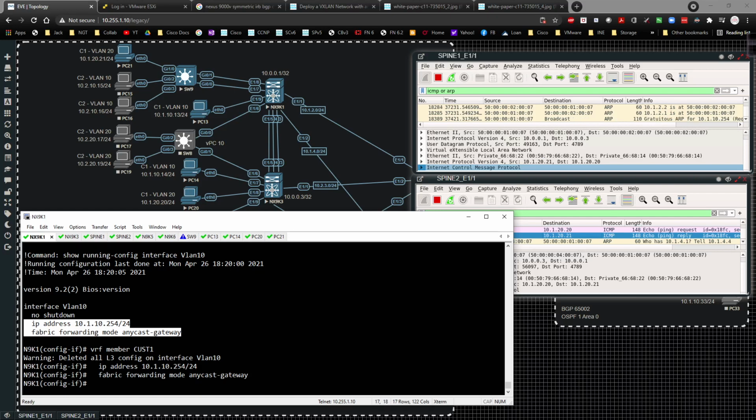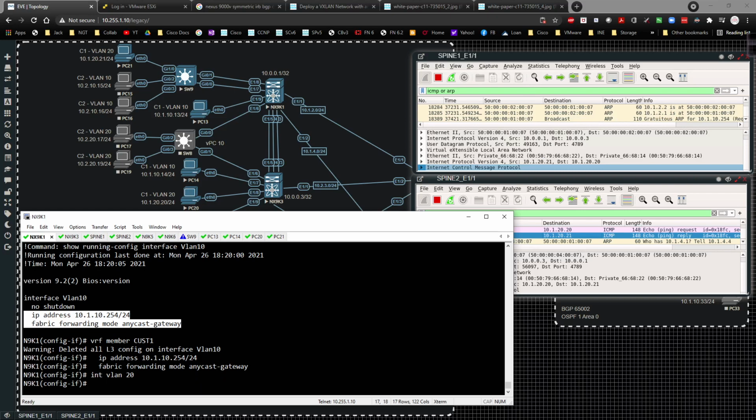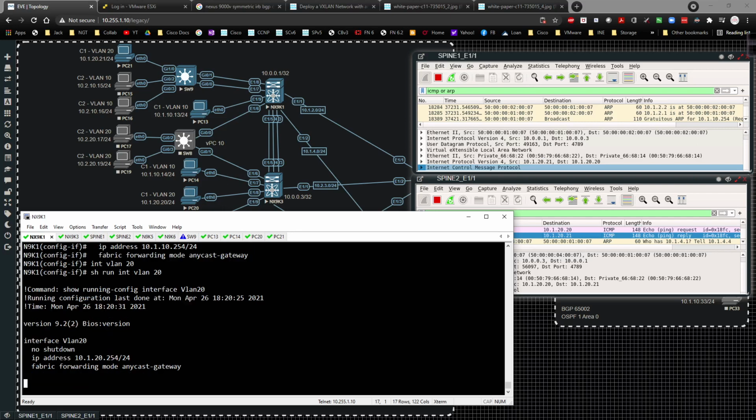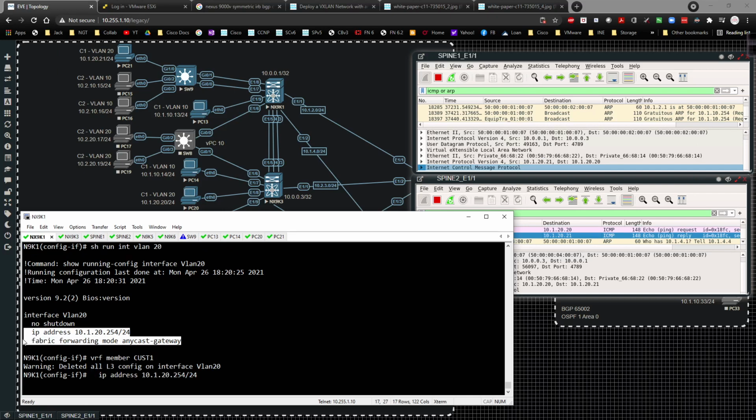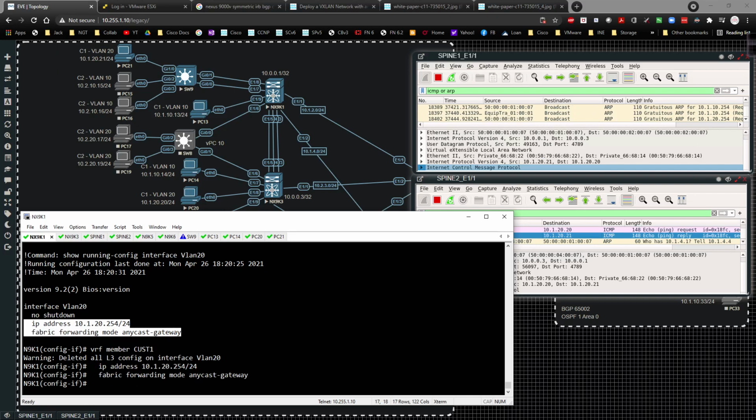I'm going to do the same thing for interface VLAN 20. Show run interface VLAN 20. And I'm going to type in VRF member is going to be customer1, and then reapply this IP addressing. Okay? Just like that. Now that I have that in place, the next thing I have to go do is